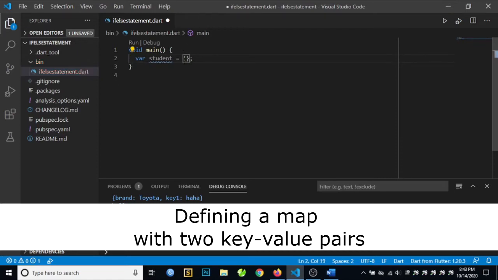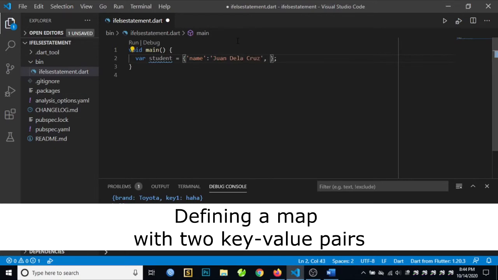Then we can specify the value of our map. For example, single quote, then our key is name, then colon. Then we are going to specify one student. The name of the student is Juan de la Cruz,